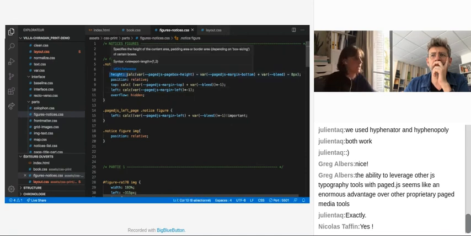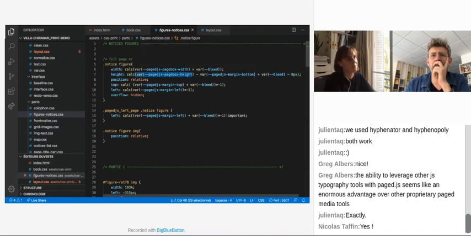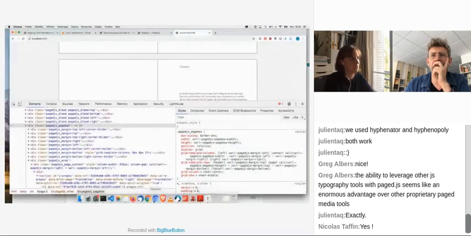And the height is the same. The height of my image is the height of my page box minus margin bottom here, because I want to have this,